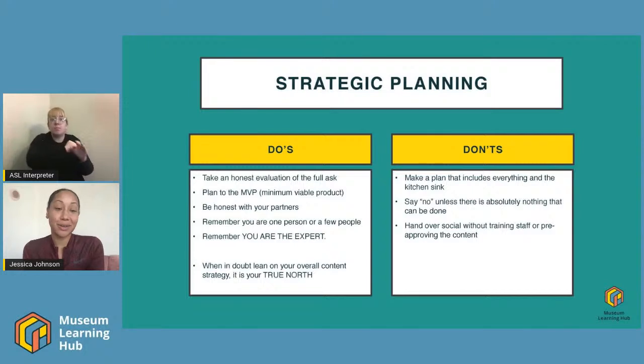I think it's great to plan to your minimum viable product. What can we do at the very bare bones that will meet the need, but also not overextend us, right? I like to give people the "this is what I know we can do." And then I set a personal stretch goal for myself and say, it would be great if I could add this in, but I'm not going to commit to doing that for somebody or for a campaign,